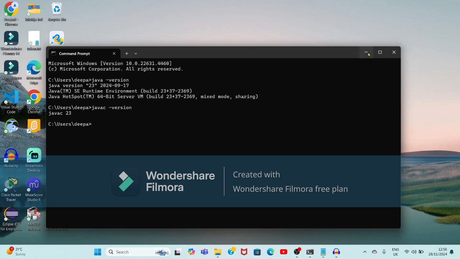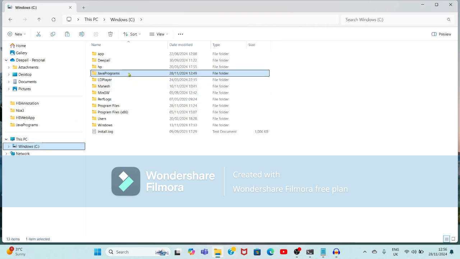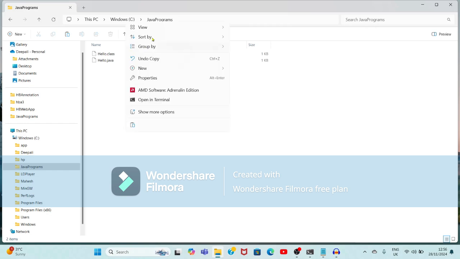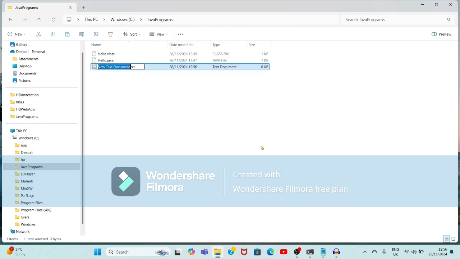We are going to type the program in Notepad. In the C drive, I have created one folder, Java programs. Within this, I will create a new file. Just right click and select text file. Suppose I am giving the name as command line .txt.